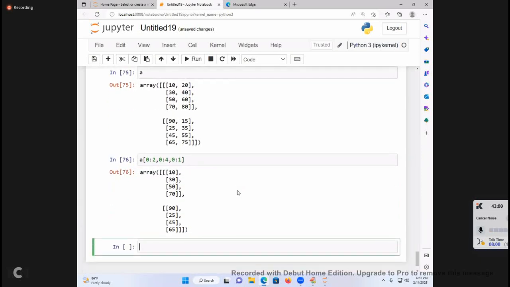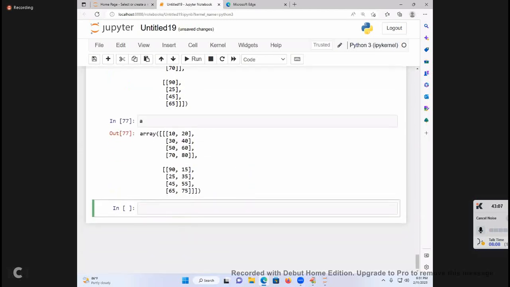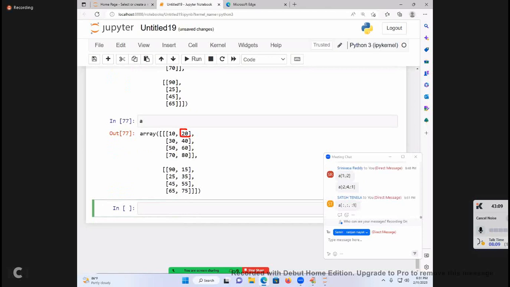Yes. Can I ask the last and final? Okay, now see. I want to get 20 and 60. I want to get 15. I want to get 55. Come on, start. A of total matrices, matrix number, rows, columns. How many matrices? 0:2.